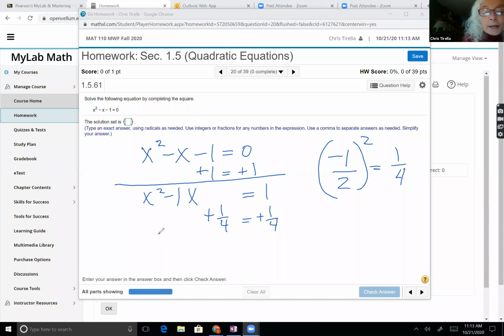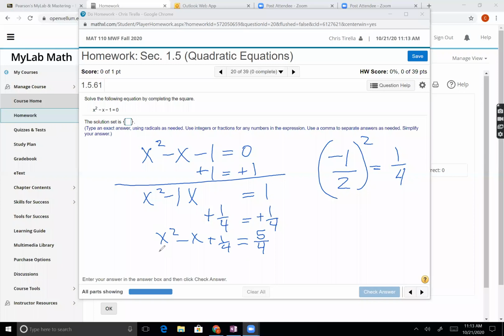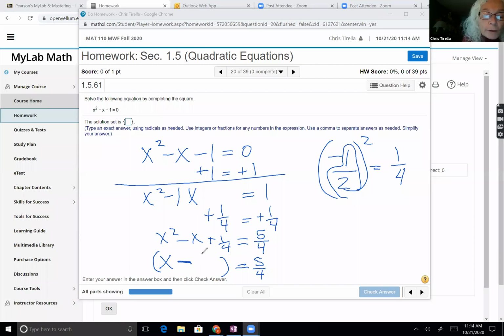That gives me x squared minus x plus 1/4 equals, rather than doing 1 and 1/4, I'm going to use that improper fraction 5/4. Is that where the biggest difficulty was in dealing with that fraction? Then I think the next problem is, if that's the fraction, how do I factor that? In terms of factoring, that's going to be x. We know that middle term is going to be a minus. And that last number always turns out to be what I squared. So that's x minus 1/2 squared.